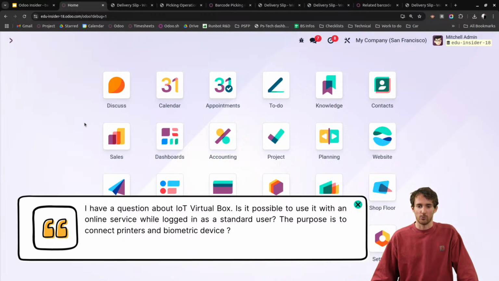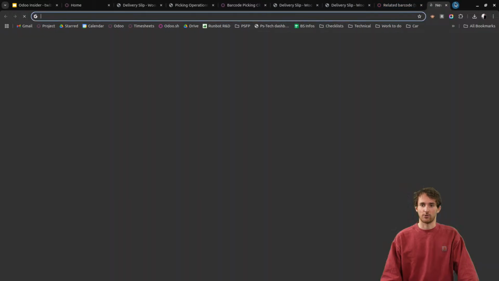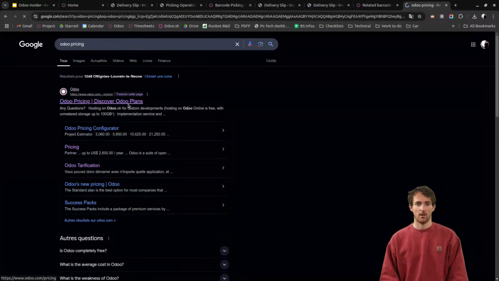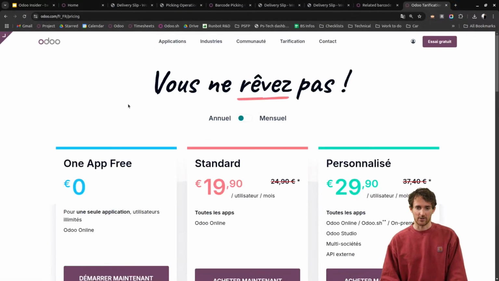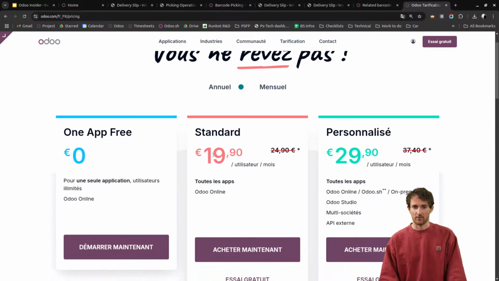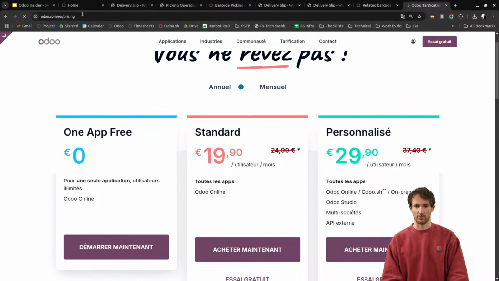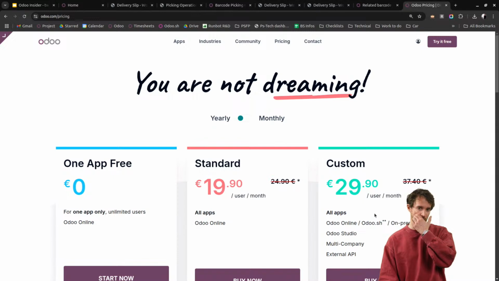Is it possible to use it with an online service while logged in as a standard user? If you mean standard user, I'm not sure what you mean. If you mean that you are standard from that point of view, regarding the pricing of Odoo, and that then you don't have access to the feature on the right,